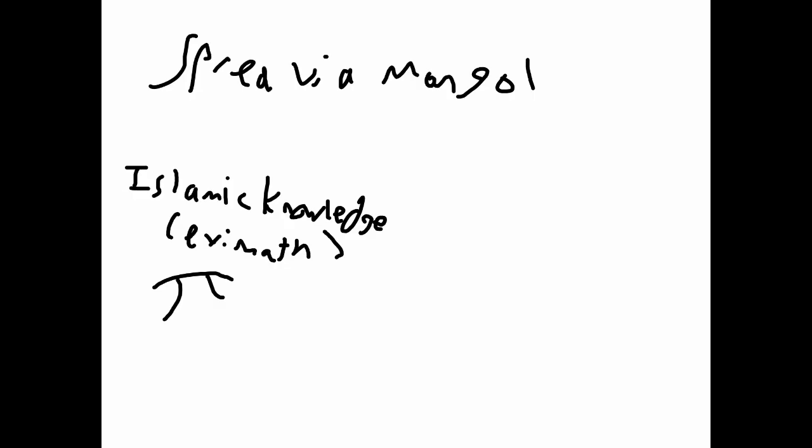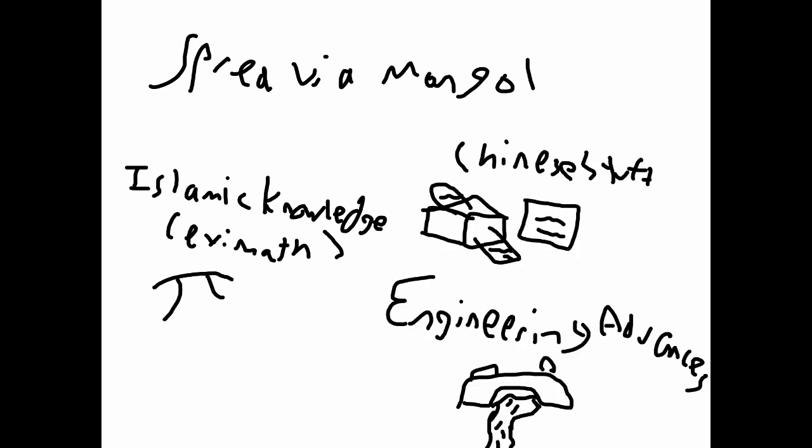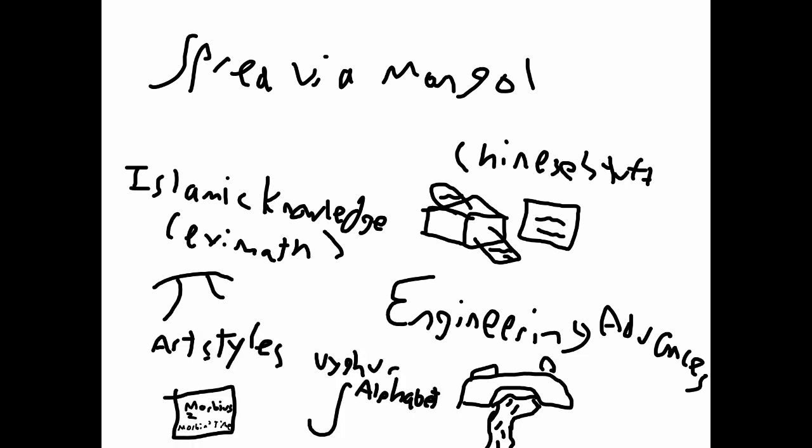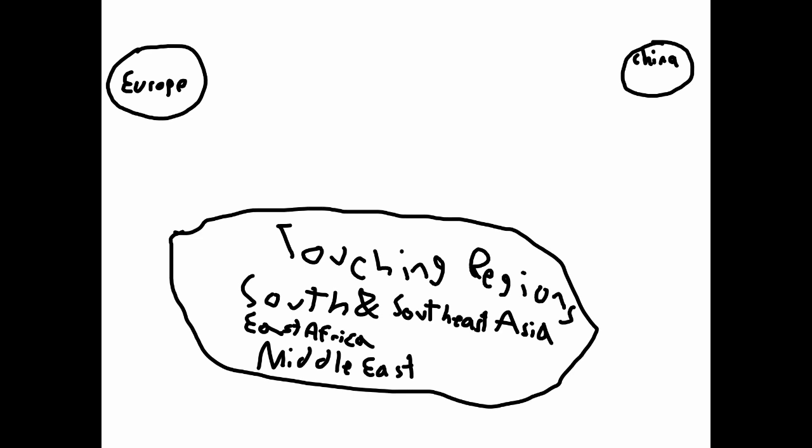Such things that were spread were Islamic knowledge, printing, paper and gunpowder from China, engineering advances, art styles, and the Uyghur alphabet, which was the Mongol alphabet. Units 2.3 and 2.4. The regions that were directly connected to and participated in the Indian Ocean Basin trade were